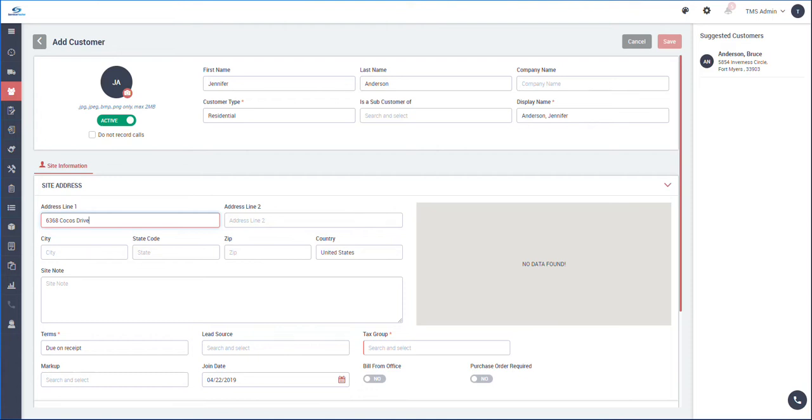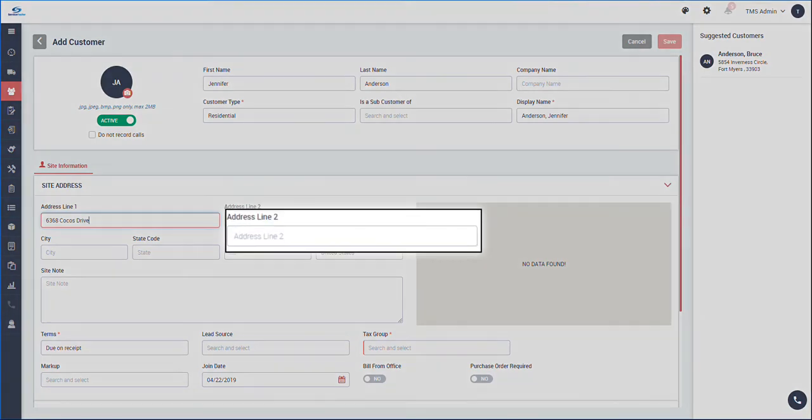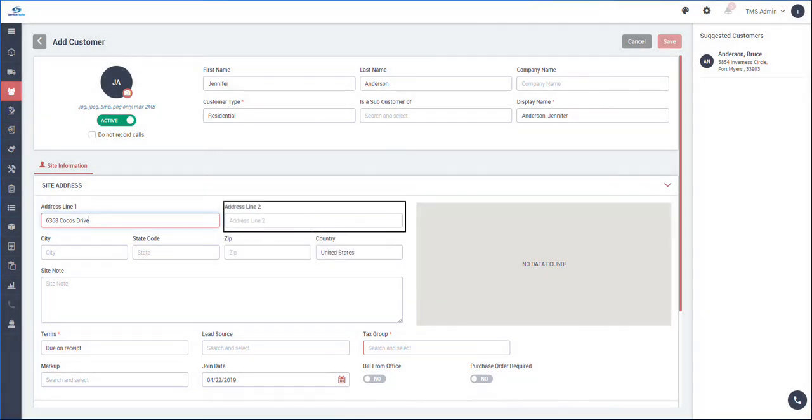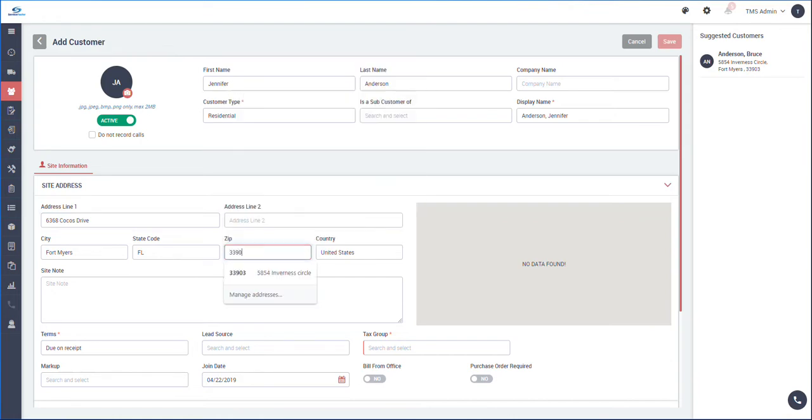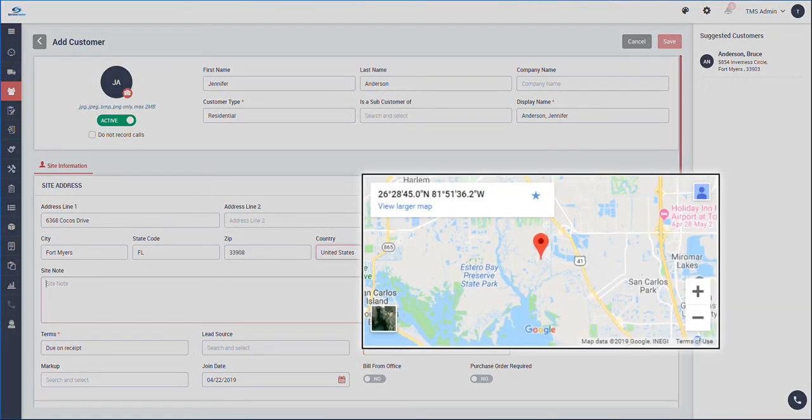If your address contains a second address line, such as an apartment or suite number, enter it in the Address Line 2 field. When searching for a customer, the list will combine both address lines so that you can easily pick the correct customer. Once you enter the zip code field for the address, the location will appear on the